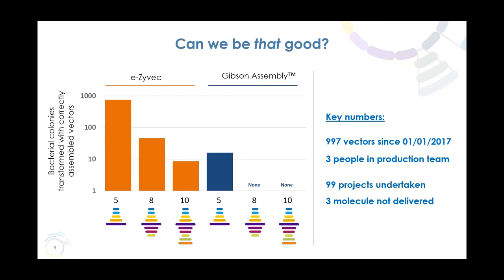So as I said, you're saving a lot of time for higher value tasks, more related to your core projects. So some key numbers is the foundations. We soon will have created 1,000 different vectors with only 3 people in the production team, and this is